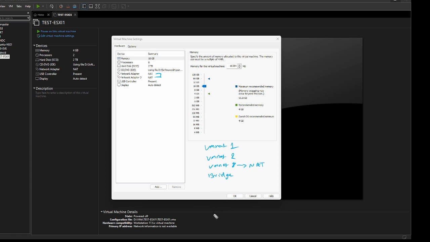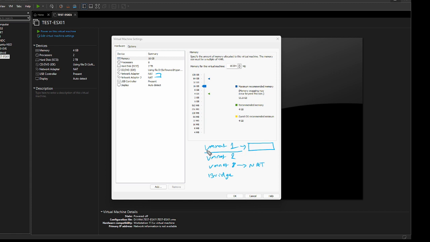Now let's be careful here, because this will determine how you communicate with your ESXi server or virtual machines. If I select VMnet 1, that means this adapter is acting like a switch. It's entirely a new switch. It's an adapter that is virtually available. You cannot see that switch simply in the workstation, okay?